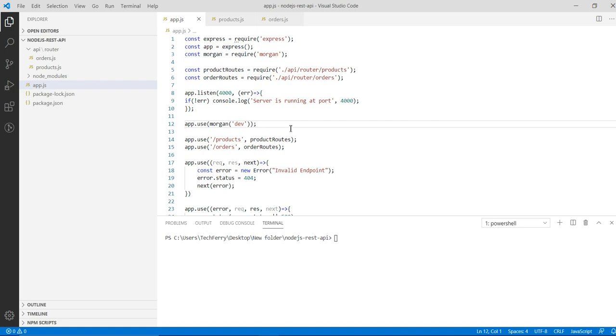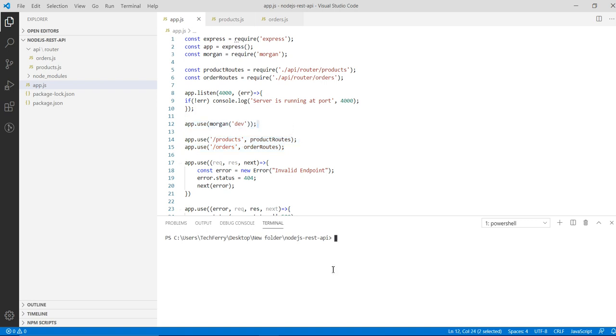Next time whenever we start our server, whatever request comes from the front end, it will first display it on the console. It will display some information like what response was sent from the server and what endpoint was requested. All this information will be displayed on the console.